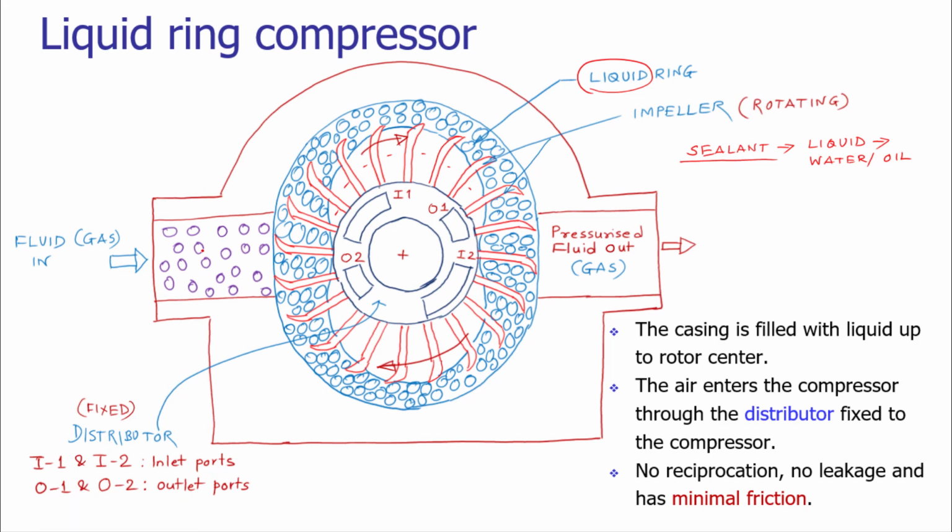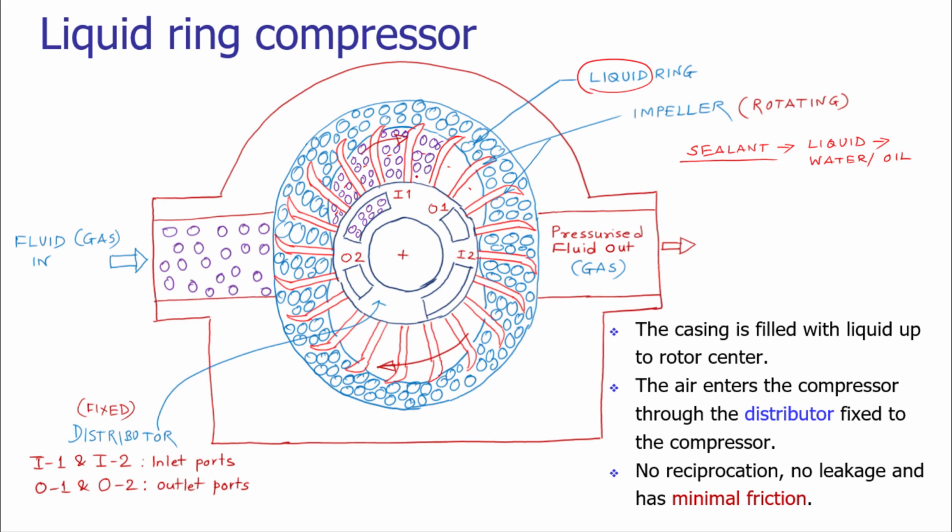So we get fluid at ambient temperature through the inlet port. Here the volume is less, and as the impeller is moving, the volume is increasing, the space is increasing, so there is a creation of negative pressure, and due to that the fluid will come inside. Due to the impeller motion, this fluid will be moved further.